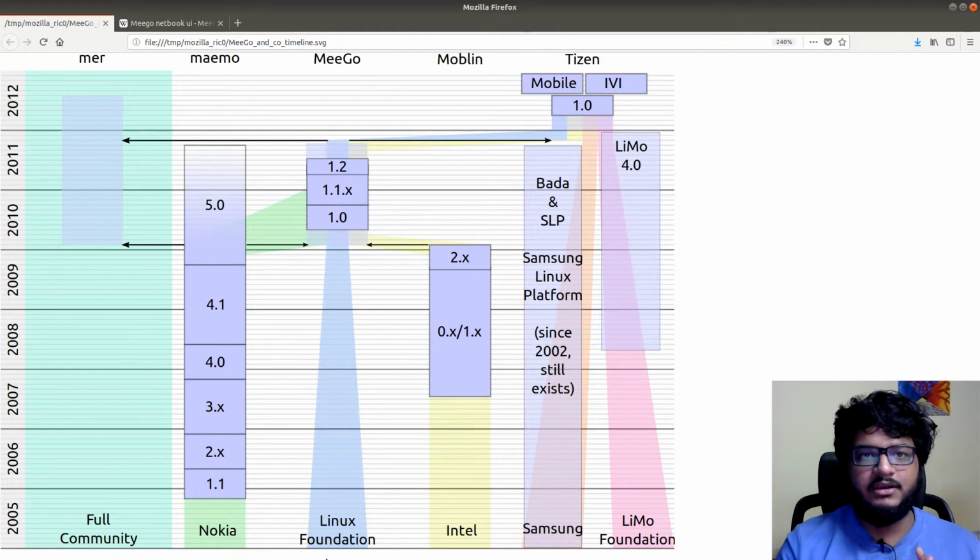So I think they completely slashed down Android OS because they actually had a Trojan sent by Microsoft